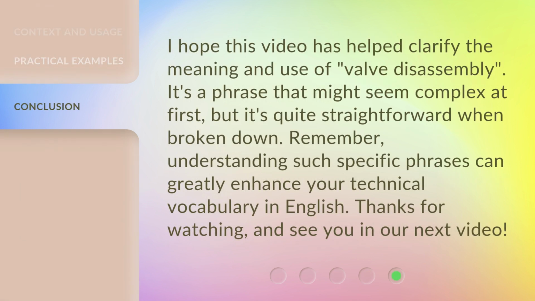I hope this video has helped clarify the meaning and use of valve disassembly. It's a phrase that might seem complex at first, but it's quite straightforward when broken down. Remember, understanding such specific phrases can greatly enhance your technical